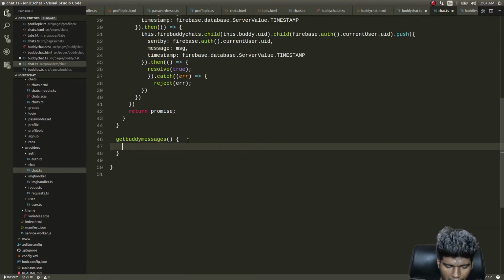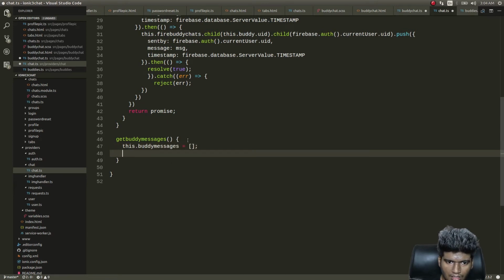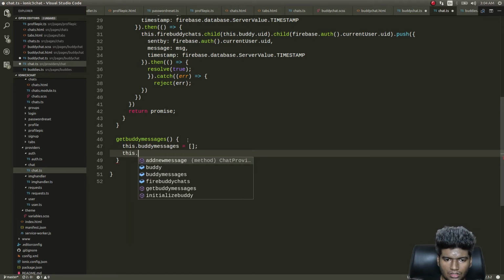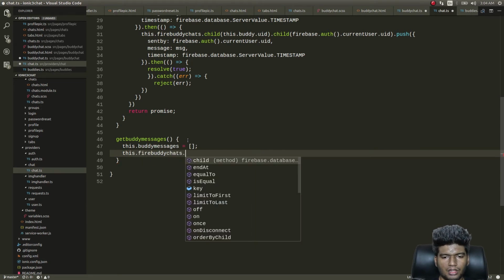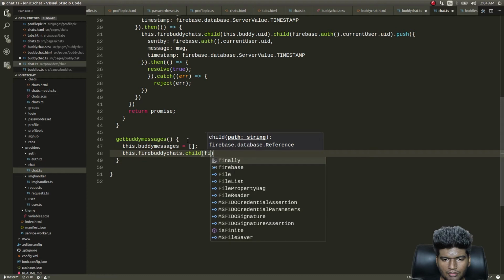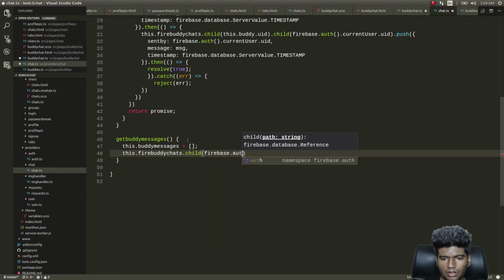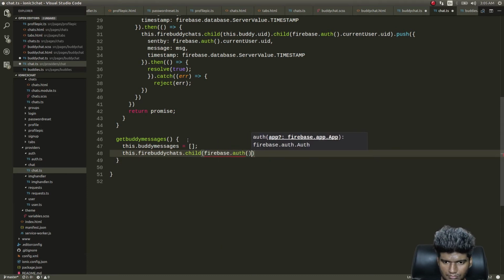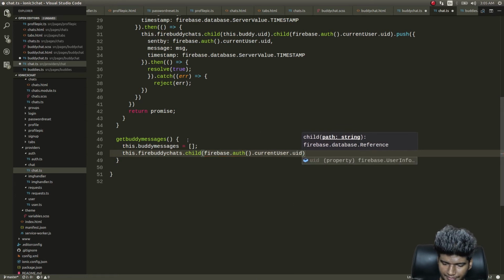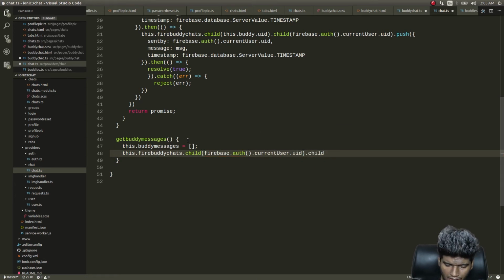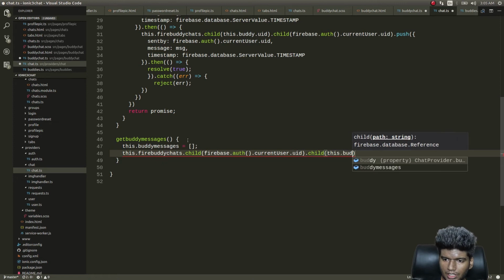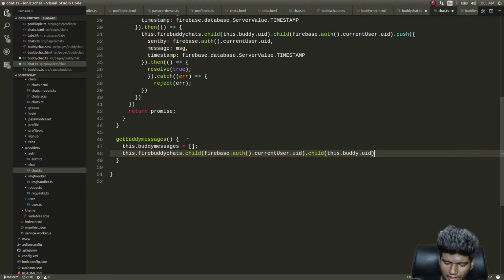This get buddy messages: this.buddyMessages equals blank. We are just clearing it so that even if there are multiple calls, we always get a fresh list. And this dot, what was that, fireBuddy dot child firebase dot auth dot current user dot uid dot child this dot buddy dot uid dot